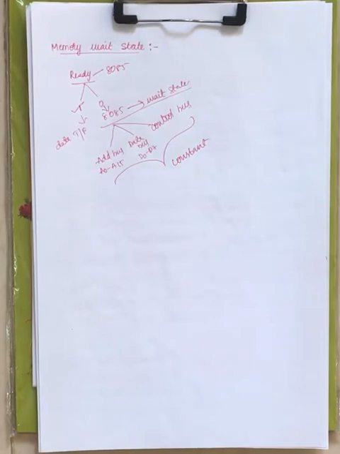Through which pin? It will use the READY pin. You have the READY pin on the 8085, which conveys whether the peripheral is ready for data transfer or not. When it is logic 1, the peripheral is ready for data transfer. When it is logic 0, the peripheral is not ready. When the peripheral is not ready, the microprocessor enters a wait state, because it will wait for the peripheral in order to transfer data between these two.